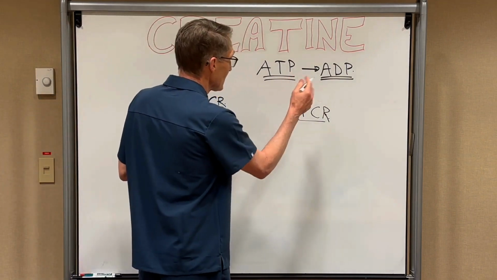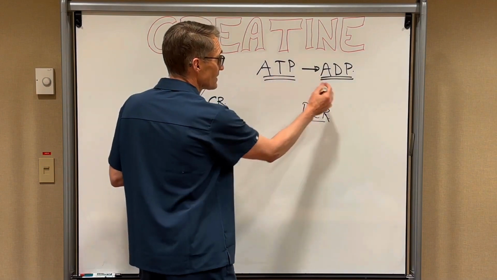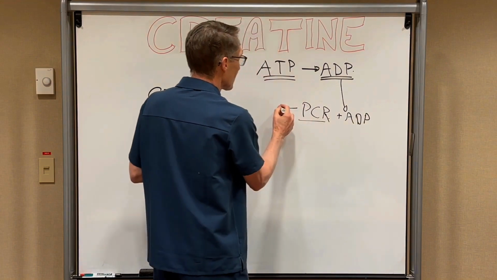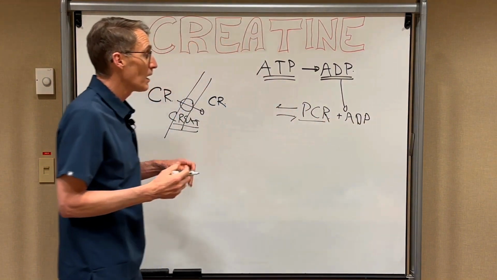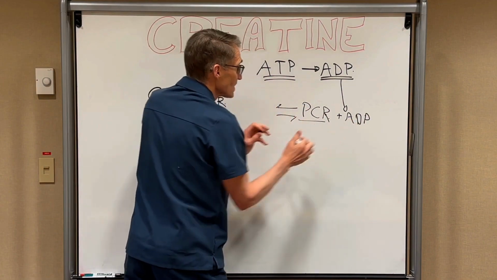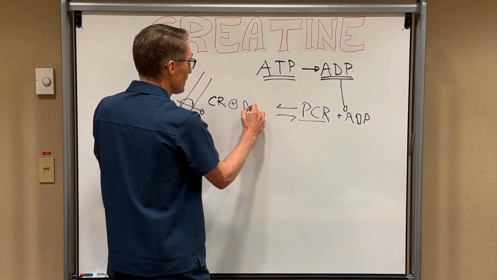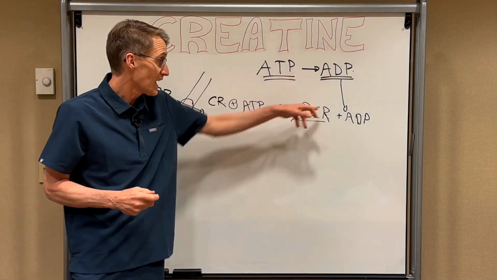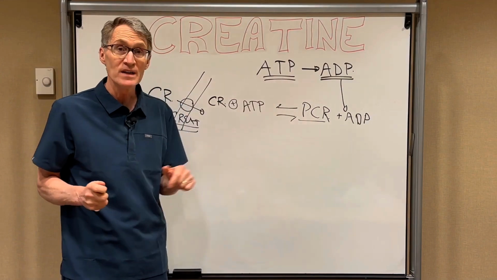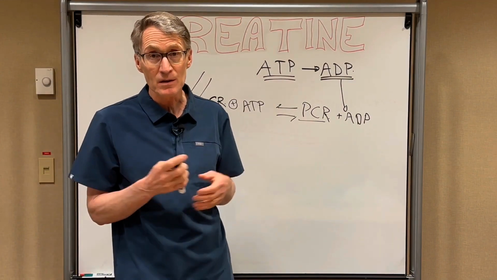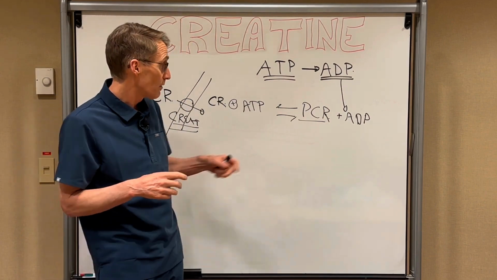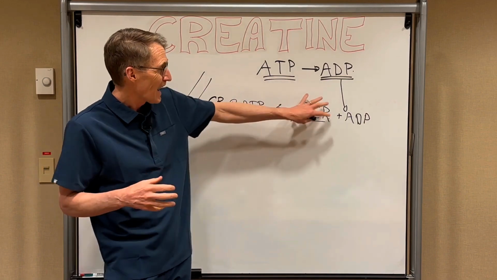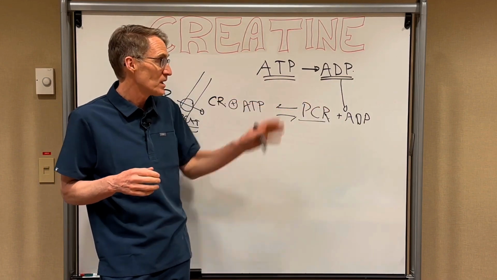So what happens is that as this process goes on and a cell is under threat, the ADP that builds up is used by phosphocreatine to add this phosphate group back on. So what we get is ATP and we reform creatine. So this is an energy buffer. And so this is one of the reasons why athletes, even in the 90s, were thinking about using this in sporting performance. Because when you sprint, you have probably 8 to maybe 12 seconds of phosphocreatine, which can help to